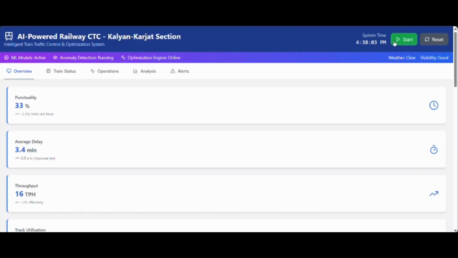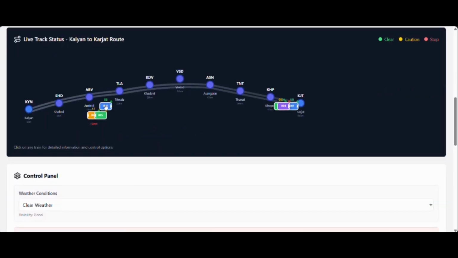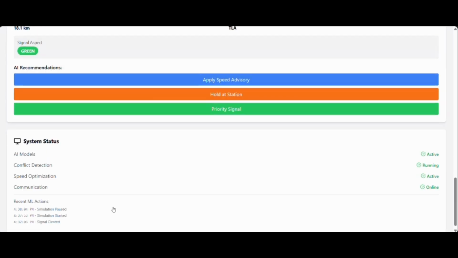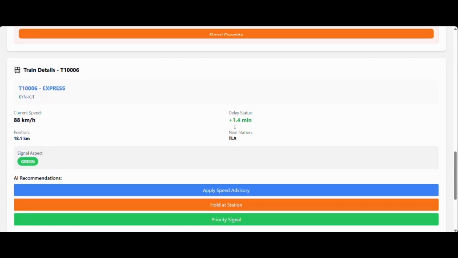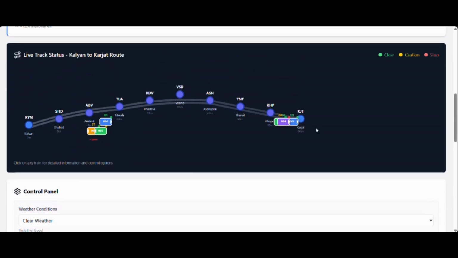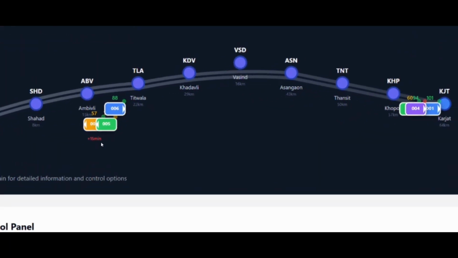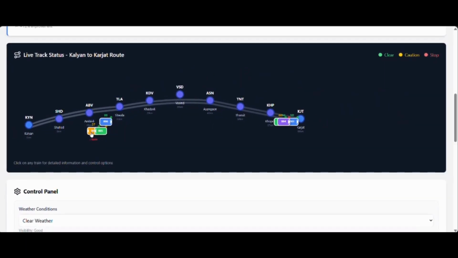happening. So if we pause the simulation and currently click on one train, we can see the details of that train: current speed, delay status, position, and the next station, and the signal aspect of it. So it can be done for different trains. Over here we can see the delay that is there on that train, and